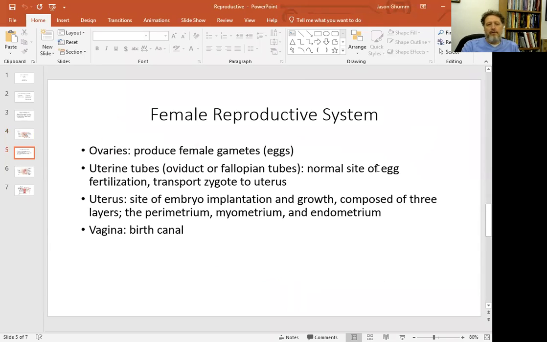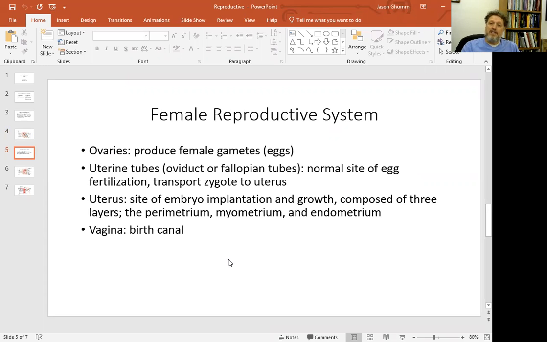On the females, the ovaries are to produce hormones and the eggs. Then you have the uterine tubes, also known as the fallopian tubes. This is the normal site of fertilization. Fertilization does not occur in the uterus or in the womb. It occurs in the tubes, and then the